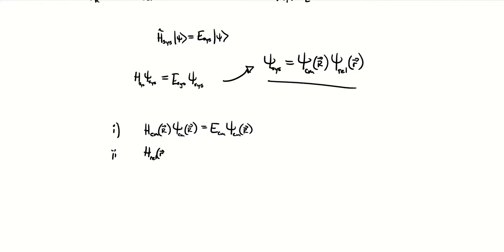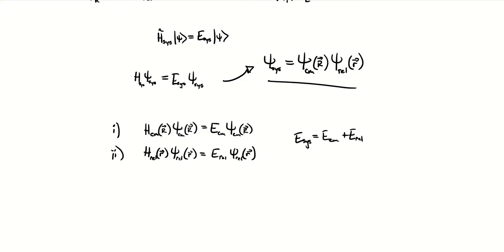And another one for the relative Hamiltonian as well, where it looks like this. We can discuss this more in our synchronous sessions, and it's also going to be part of the next homework assignment. The total system energy ends up just being the sum of those two energies, the center of mass energy plus the energy of the relative part, equation number 2 here.